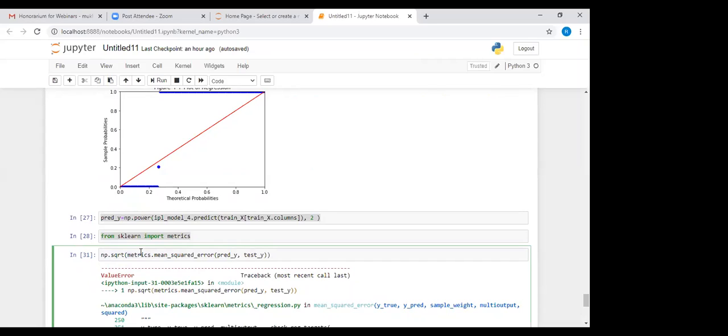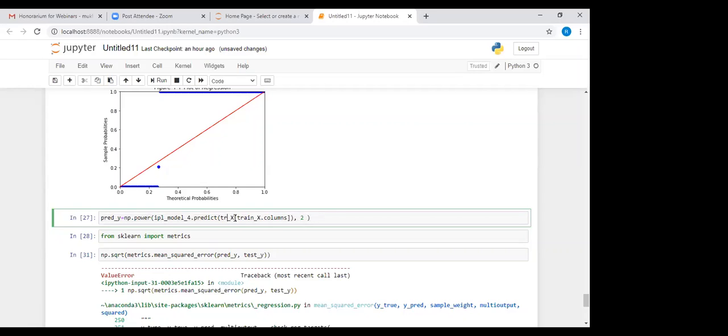I will check once. Why is this? Just a minute. Where do I put np.power in the model? Sorry, here I have made a mistake. It is with the test x. Here it will be test x and then train x.